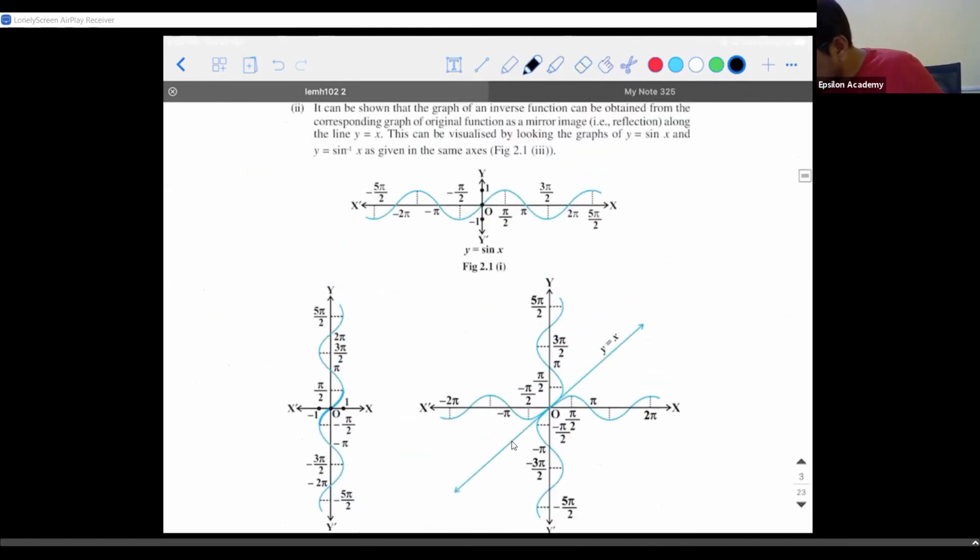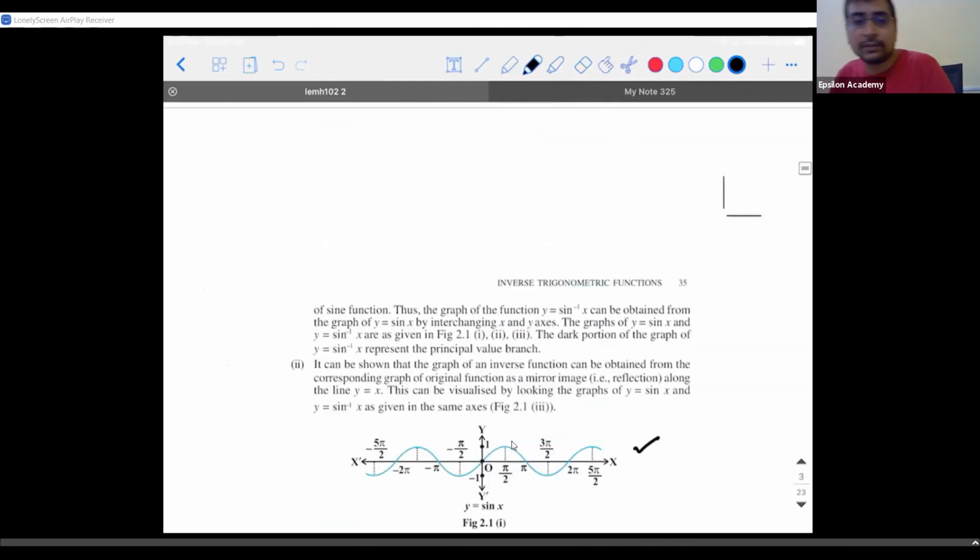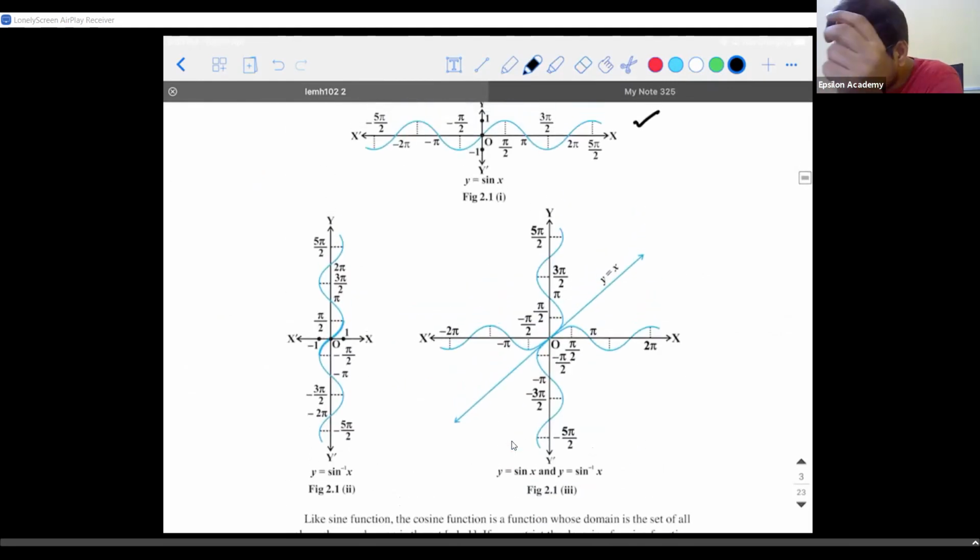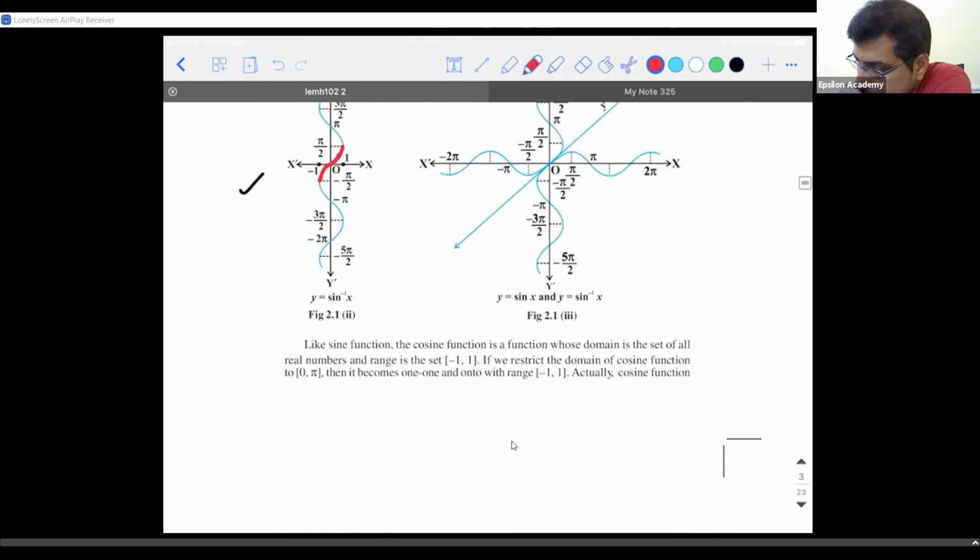Okay, so this is the graph for y is equal to sin x. If you have the textbook, you can keep it open, page number 35 down. Then the graph for sin inverse x will be like this. But an important point to be noted here is you need to create a restriction in the domain and the codomain. So sin inverse x will exist only between these values. Am I clear? Next.